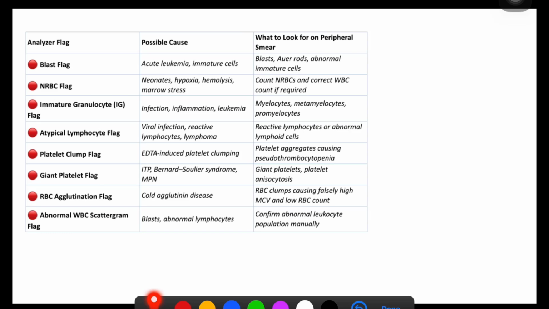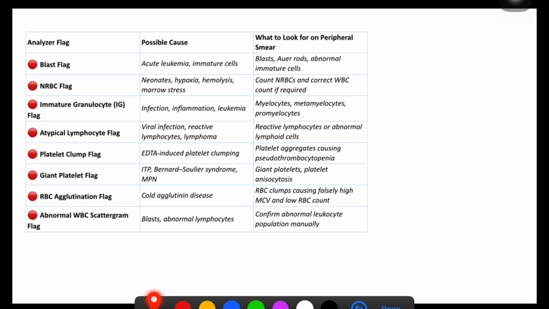So these are the different types of analyzer flag like blast or NRBC or immature granulocyte, atypical lymphocyte, platelet clumps, giant platelet, RBC agglutination, and WBC scattergram abnormal flag. So this will give you idea about possible cause of this flag and what to look for on peripheral smear